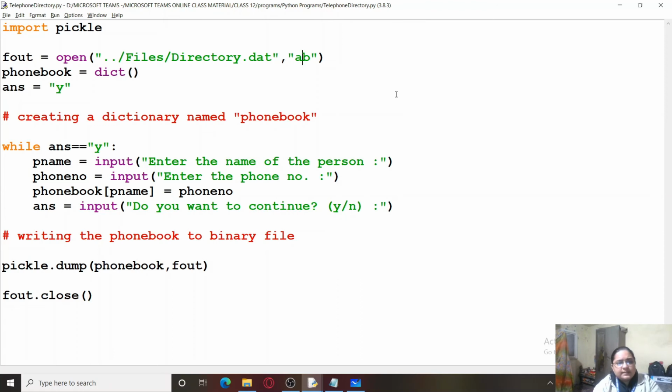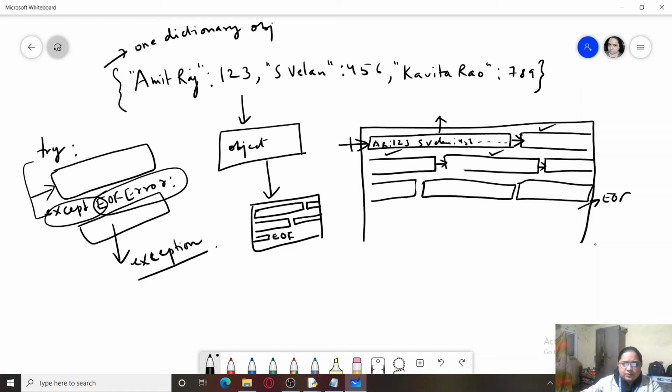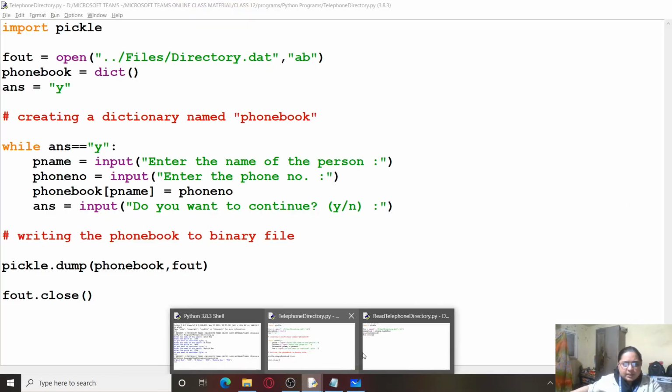Append will set the pointer at the end of the file, and once you start writing, the new data would get added from there. So more data could be added over here, and whichever is the end of the file, EOF will be set over there. Let us see how we can do this.